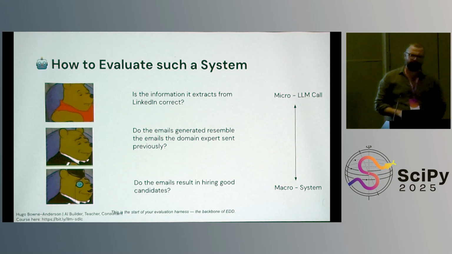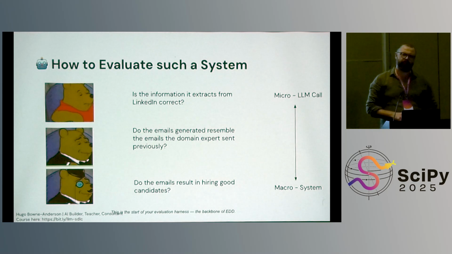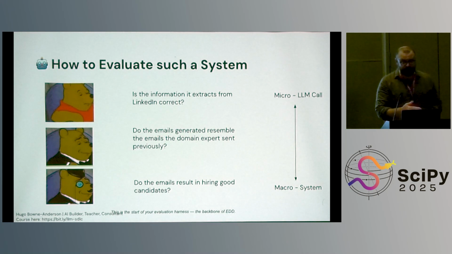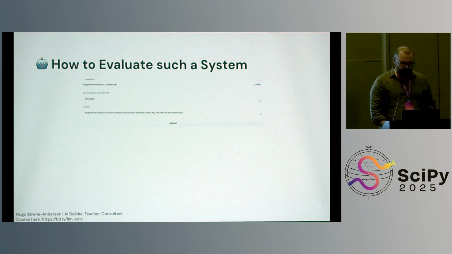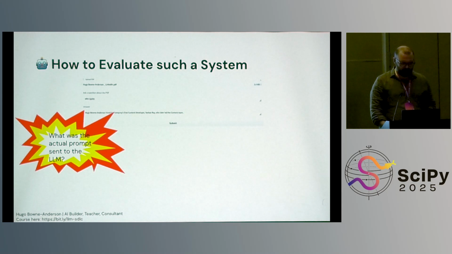But what's the actual business goal? It isn't to draft emails that look like the emails we sent. The business goal is to hire good candidates more efficiently, right? So that's what we want to keep our eye on. That's the prize, right? So the macro level goal, and evaluate your entire system as a function of that, and all the micro goals. But this is a seriously lagging indicator as well. So you want to be able to make sure you tie the initiatives you're investing a lot into an identifiable value downstream.